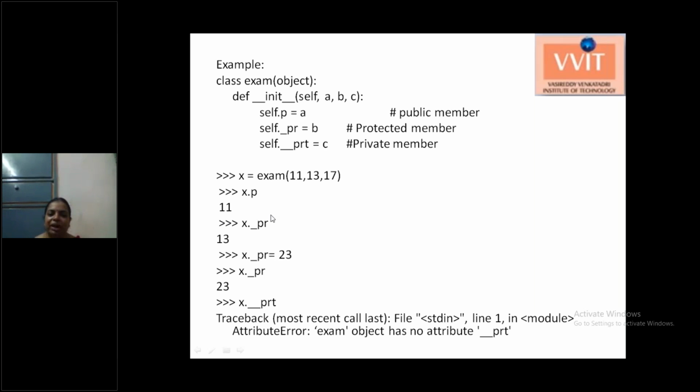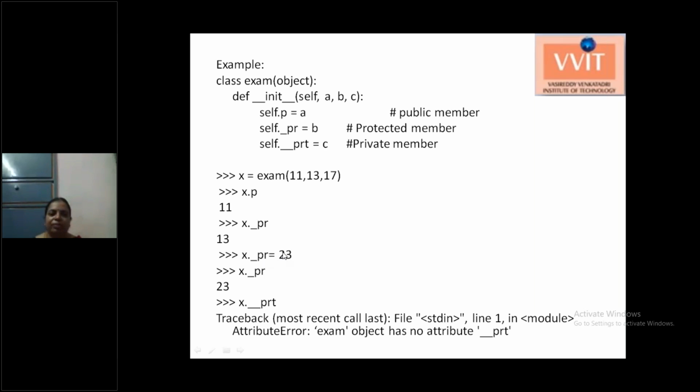Now we are trying to access the protected variable, x._pr. The protected variable value is 13. Now we change the protected variable value to 23, and when you display it again, it shows 23. Why are you able to access the protected variable here?